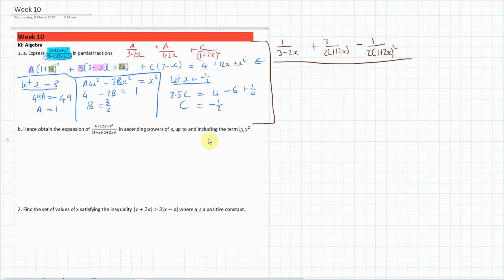So I'm going to start with this first one here. Another way of writing that is 3 minus 2x to the power of negative 1. And then I can't expand it like that, so I've first got to take this 3 out. So that's equal to